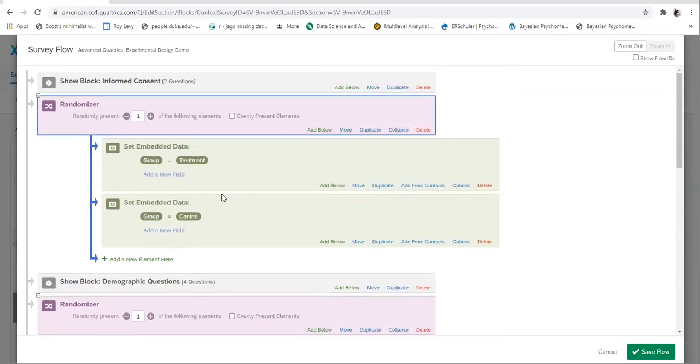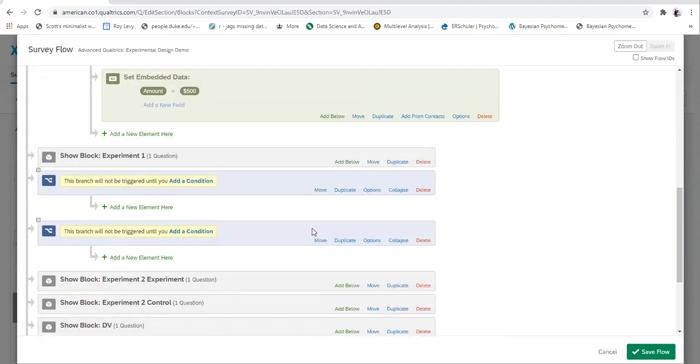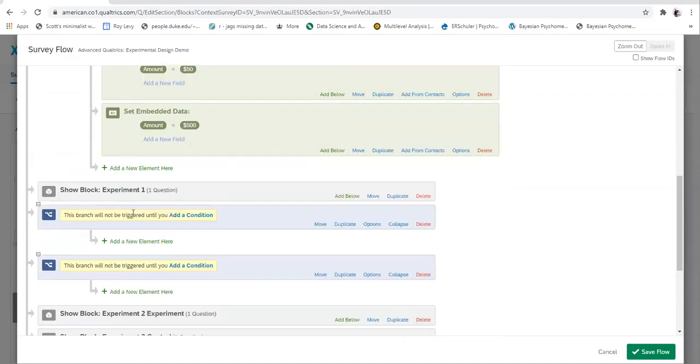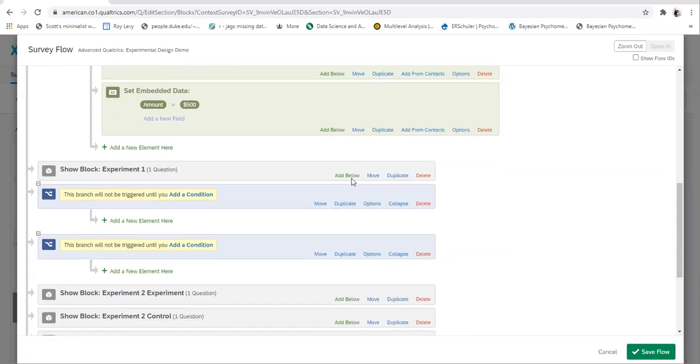They're going to get one of the following here. And you can actually have this a little bit later, as long as it's before the branching, it's fine. So it really depends if you want to do this early on with random assignment at the start of the experiment or midway through. It just really depends. So what I'm going to do now is I'm going to go ahead and add in